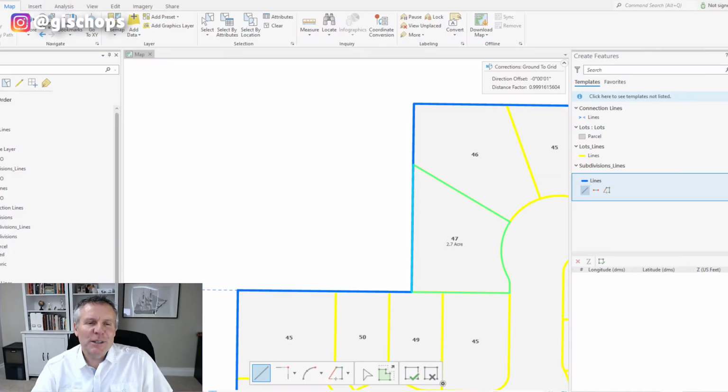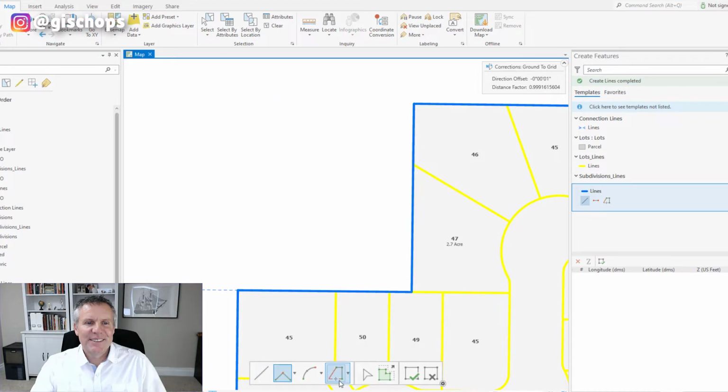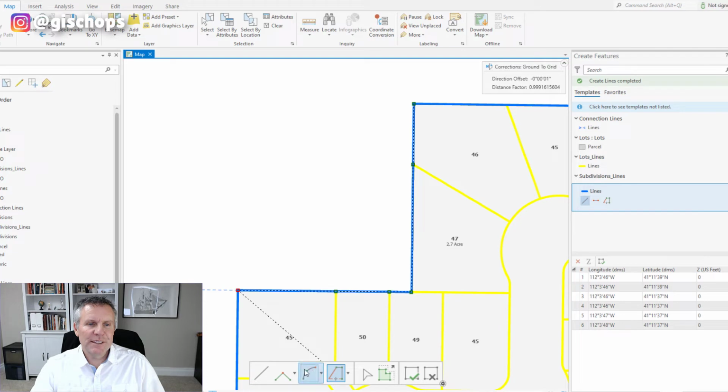So here I have this subdivision. Let's say I want to create a polygon that fills in this hole here in this square. So I'm going to begin the construction by using the trace tool and tracing the stuff that's already there. Click at the beginning and then trace it and click at the end. Then I'm going to come to this tool on the construction toolbar, hit that drop down, and then pick the intersection tool. And then how it works is you hover over a line